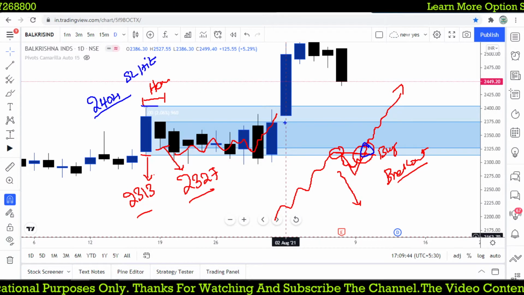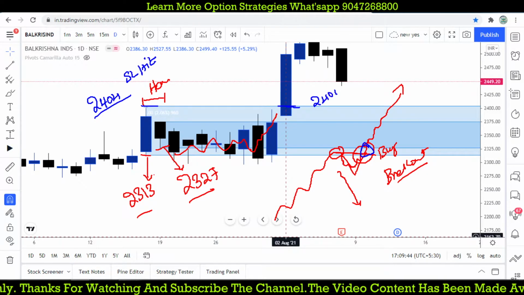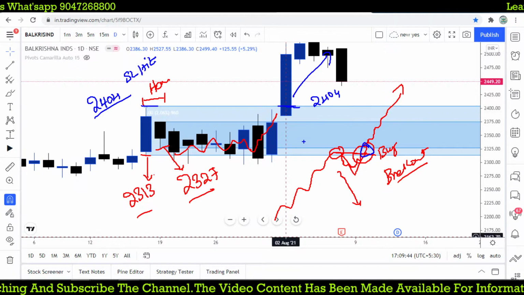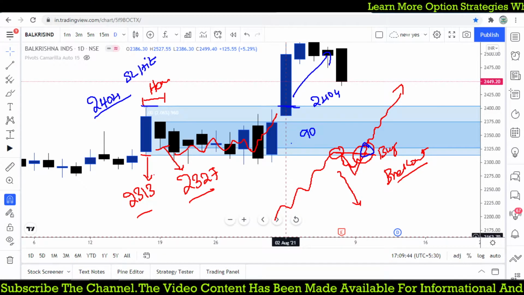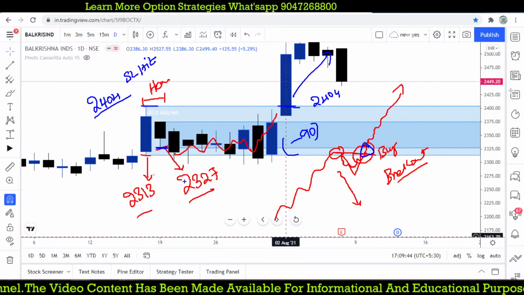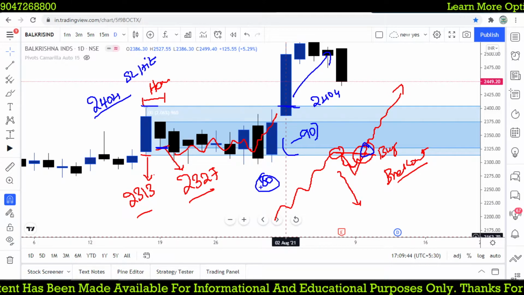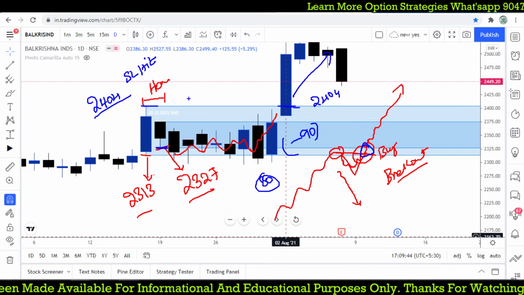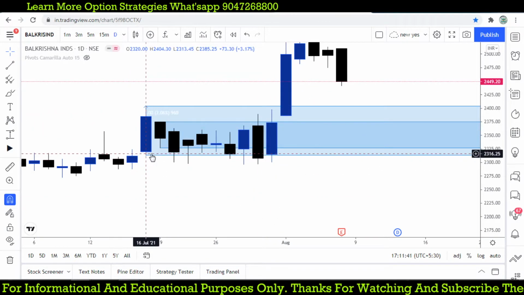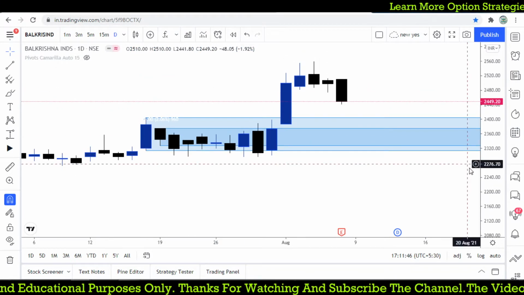But after that it gives you the breakout opportunity at 2404, and the market moves. But we are losing a risk of somewhere around 90 points, right? So we lose 90 points. If you are taking that entry at the next candle, we may be losing around 70, 75 to 80 points, right? But my concept to trade on this one is that if the next candle, the setup candle, breaks that low, we'll go for an entry, or if it breaks the high, we'll go for a trade opportunity.